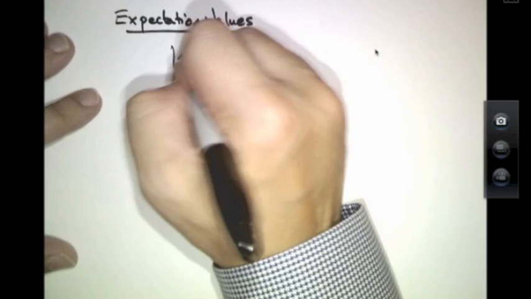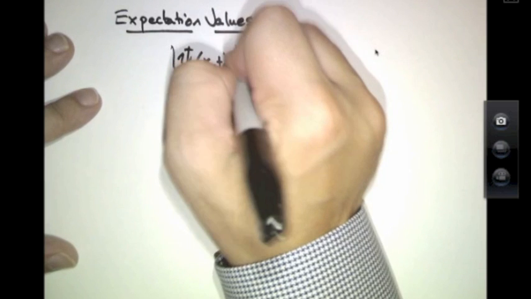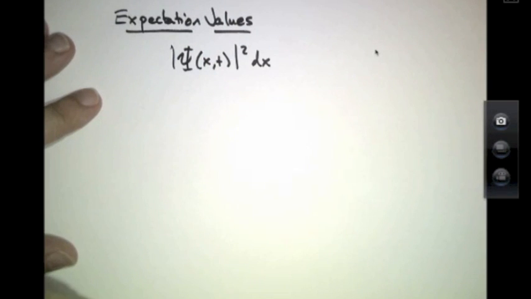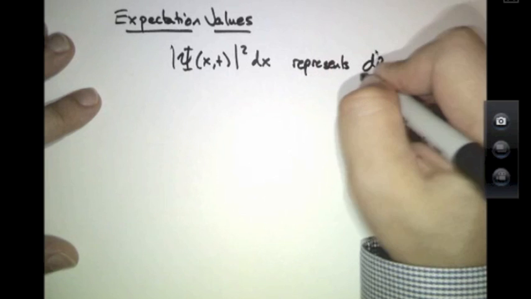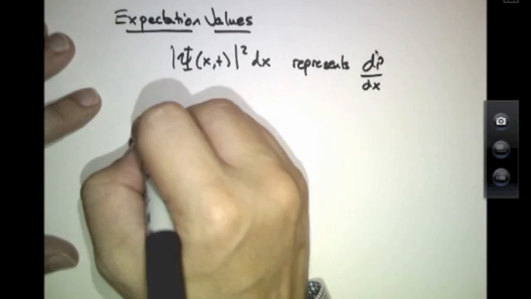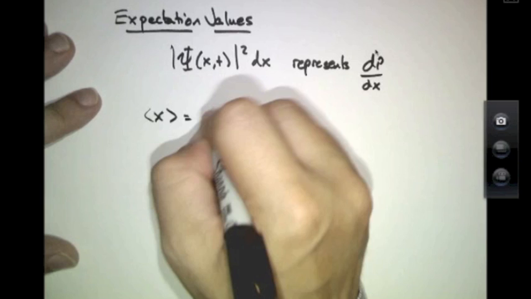There's a related statement that sometimes we want to make in quantum mechanics, which is that of expectation values. Sometimes we don't want to know just the probability distribution of where the particle will be, but rather the average position it will be. So if psi norm squared represents the probability of being at one location, then how do I compute an average?